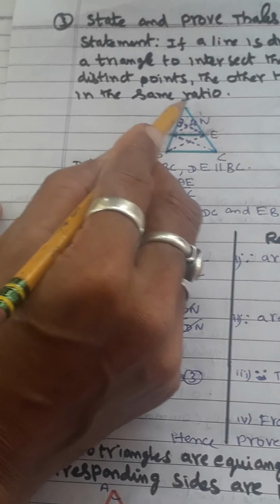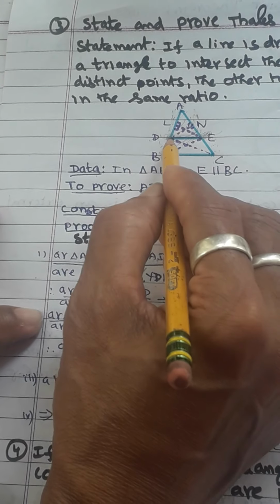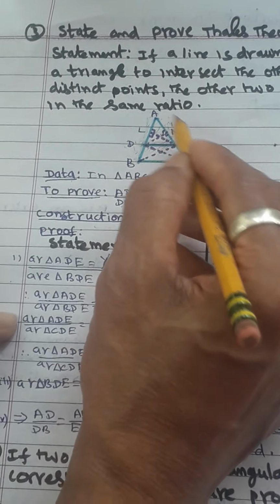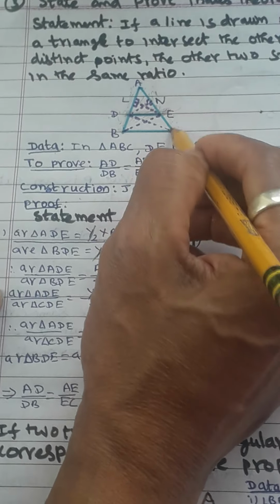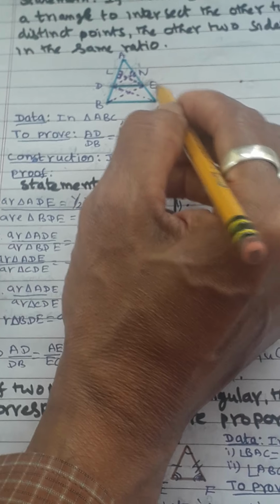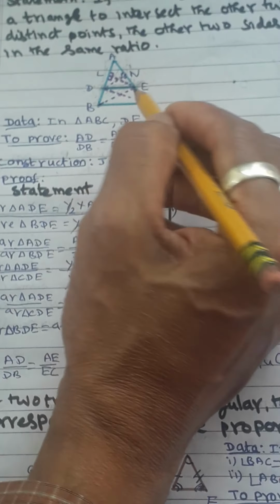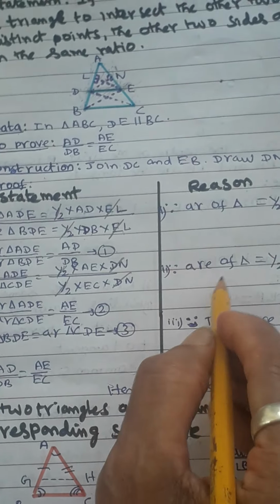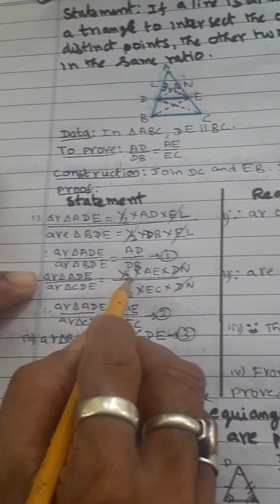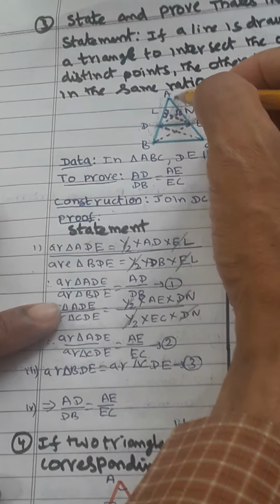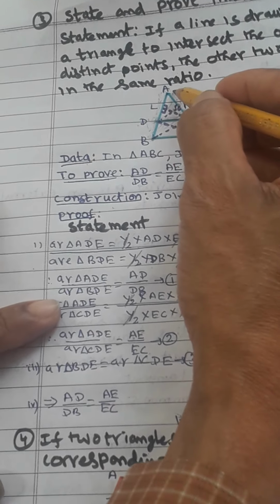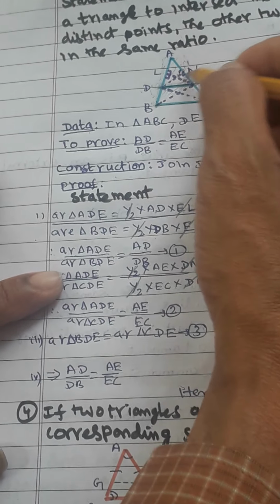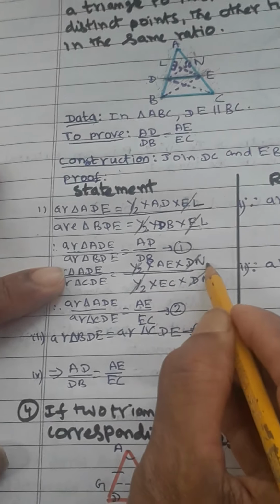Next you consider again triangle ADE, and then another triangle on this side. Which triangle will you consider? This side we have taken AE, so you should cover up this place. So you take triangle CED, or you can read it any way. These two triangle areas you consider. Same reason, half into base into height. So I have written half AE, because this is the base, and the height is which one? For this triangle only the perpendicular should be considered as height. So DN will come as the perpendicular, so half into base into height is written.